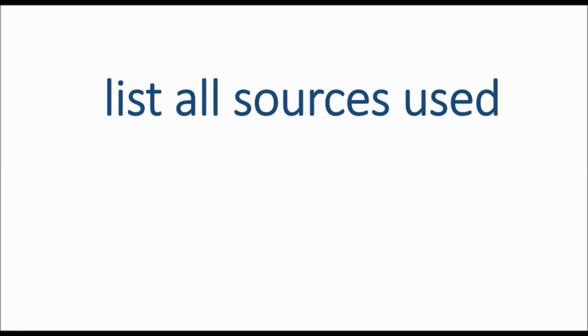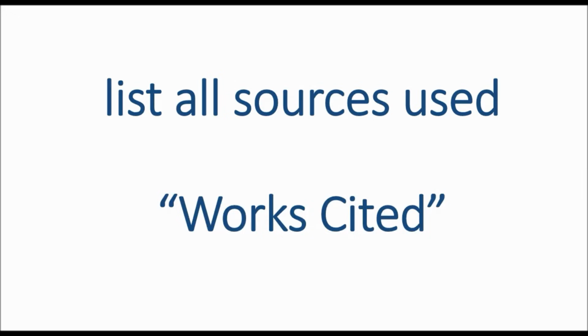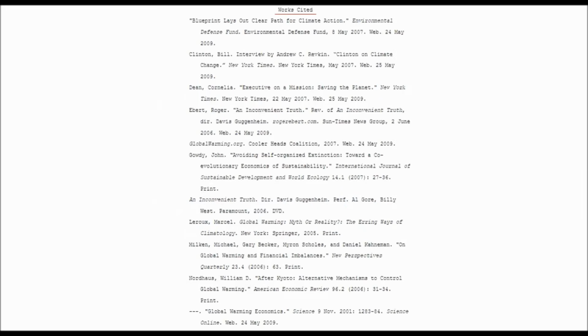Now, our citation list is where we list all the sources used, and it's usually entitled Works Cited. Here's a look at a works cited list from the Purdue OWL website. You'll notice that all of the entries here are listed alphabetically by whatever comes first, depending on the type of citation that it is. And speaking of different types of citations, you can see here that we have a website, we have a DVD, and we have a print material,